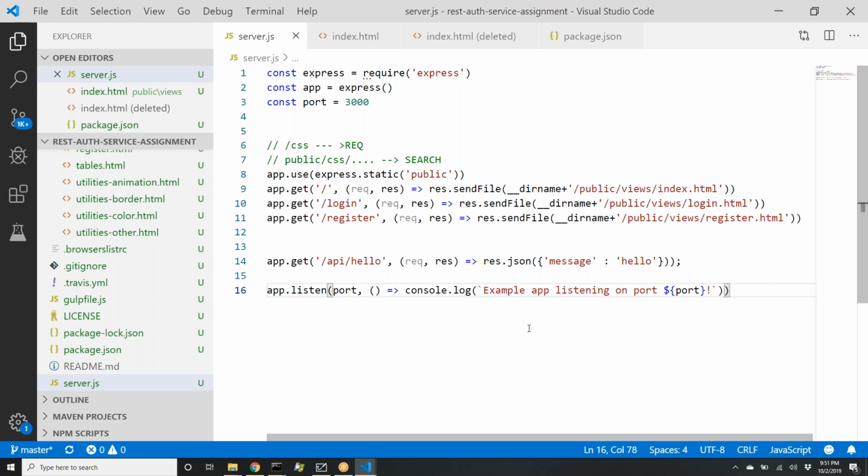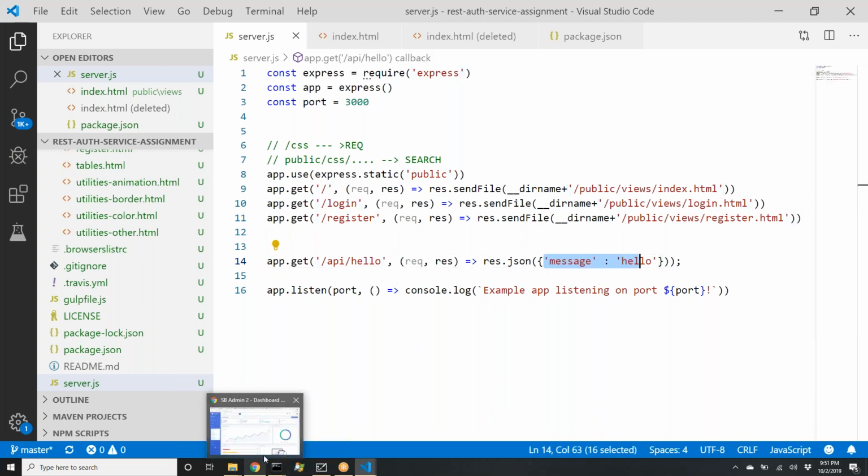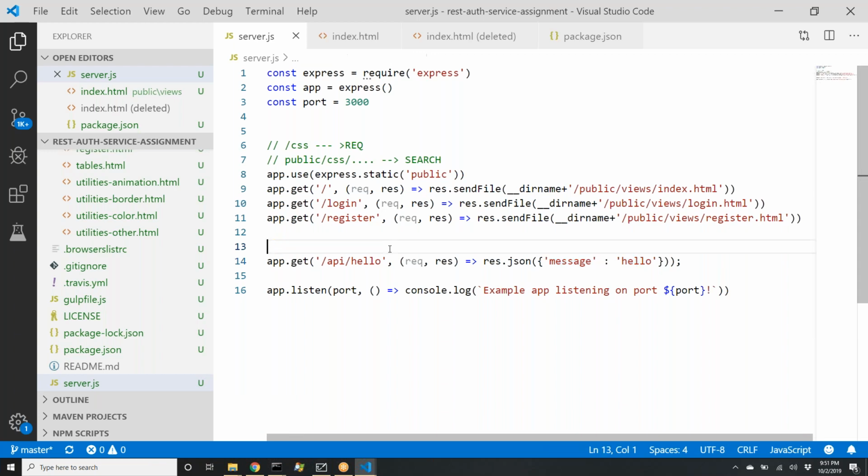I just wanted to ask what this /api/hello line, what does this mean? Okay, let's say tomorrow, these routes are serving just the pages, right? If you want to define REST APIs for authentication, somebody wants to send a username and password. He doesn't want a UI from you. What he wants is just data from you. Then when you have to send data, this becomes like an API server. If I give you an example,